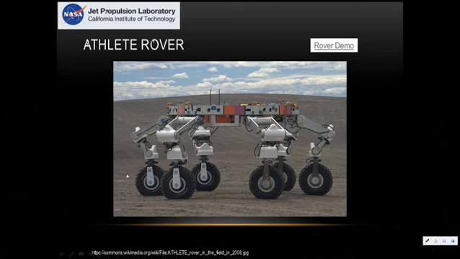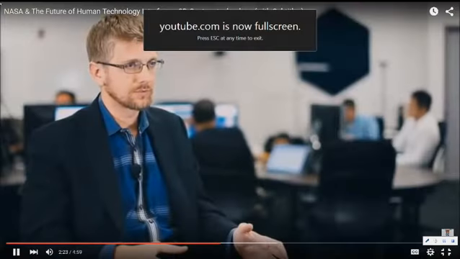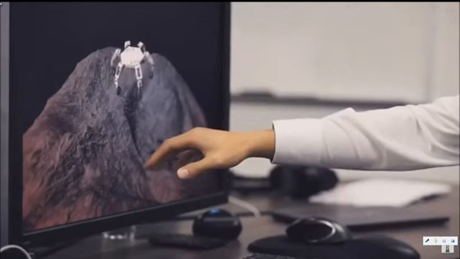NASA's Jet Propulsion Laboratory at Caltech is using Leap Motion to control the Athlete rover. Controlling all of those things with a traditional interface like a keyboard is very challenging. We were able to map our hands to a model of the robot, and then we took it a step